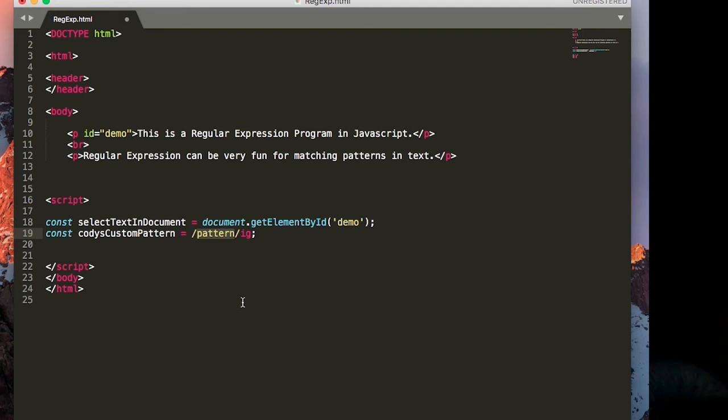So in this program, we're going to make it case insensitive, and it's going to be a global search. So we're going to put 2 flags, or also called modifiers, in the end right here. And then we're going to give it the pattern